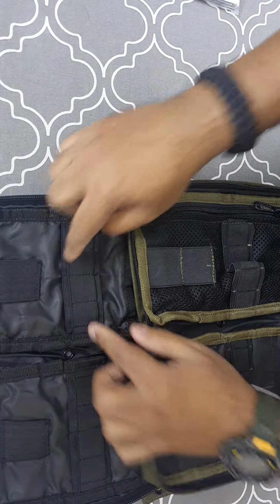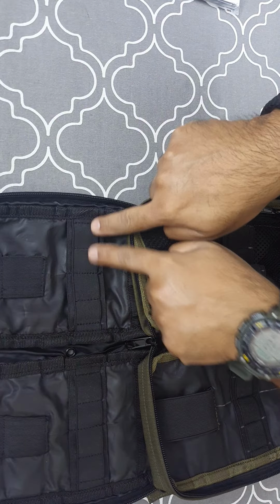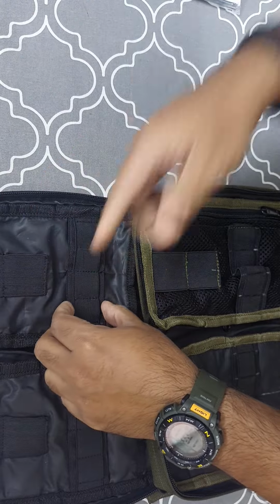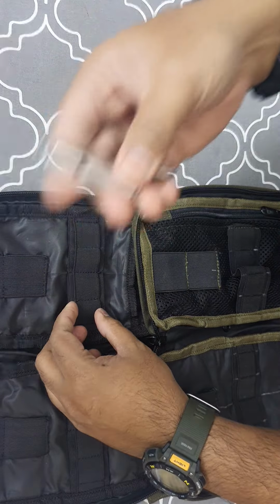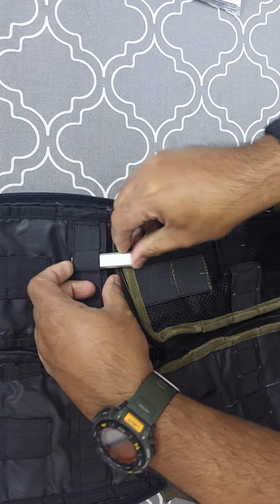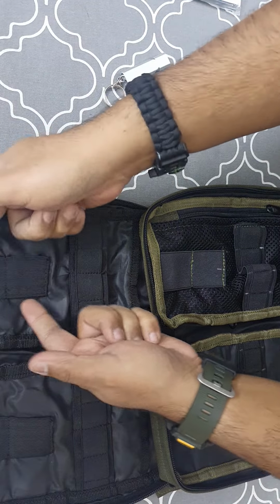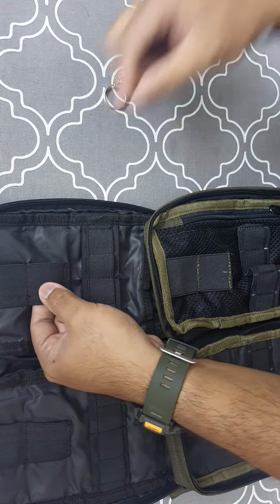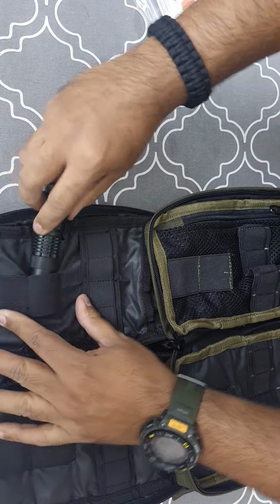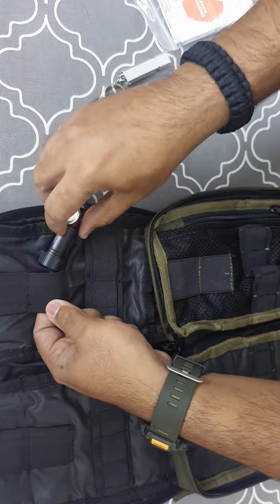Okay, now coming to the loops over here, they had one loop with four mollies out here. We have 1, 2, 3, 4 for you to attach your items. Like for example, this is an emergency whistle. You could attach it out here if you want. Slip it in here. Again you've got 2 on the side, molly elastic ones, where slightly bigger items could be attached. Like for example, a flashlight, you could push it through and attach it there. Or if you have a smaller flashlight like this Phoenix one,